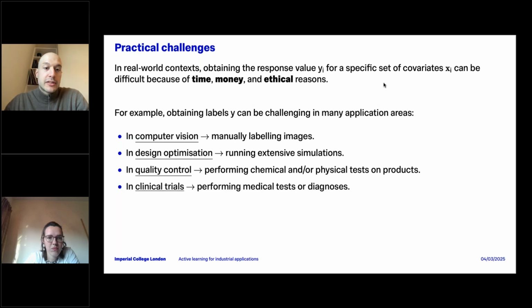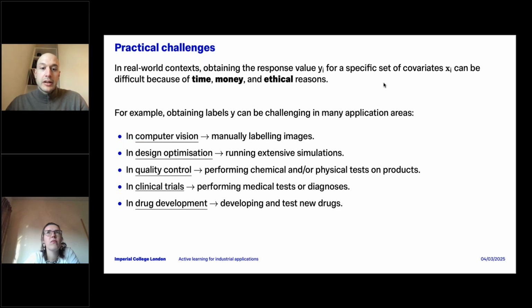In clinical trials, we might have to actually perform medical tests or diagnosis or get consultation from doctors. So, for example, getting the feature, like information about the patients, is easy, but getting the actual diagnosis from a doctor can be quite expensive. And also in drug development, we might have to completely develop a drug and test it from scratch, which can be a lengthy and arduous problem.